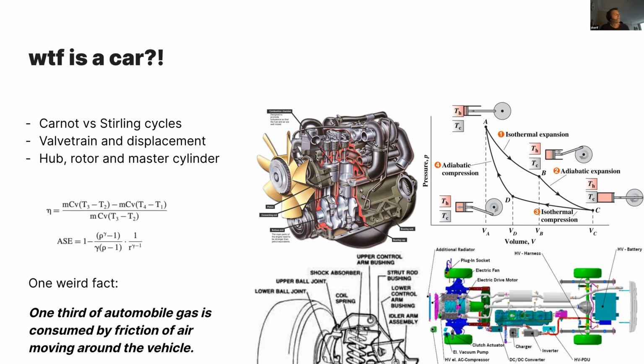What's a car? So I don't know if you've heard of a Carnot cycle or a Stirling cycle. Some mechanics and design experts might know about valve trains and displacement, or hub, rotor, master cylinder. You might recognize these equations if you're a mechanical engineer as fuel efficiency equations for aerodynamic movement of a body. And then there's this weird fact that a third of automobile gas is consumed by friction of air moving